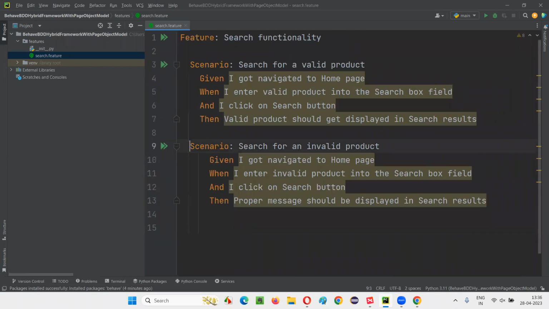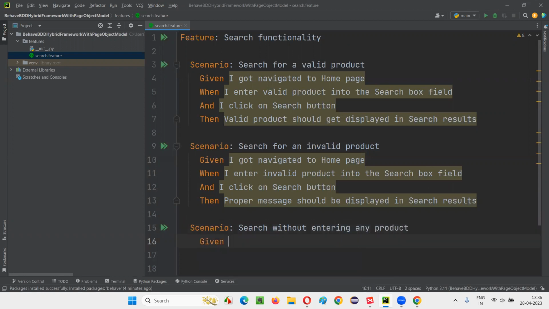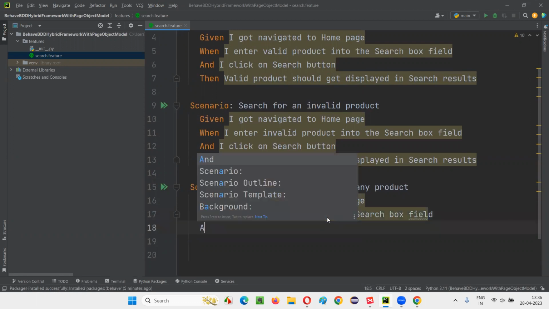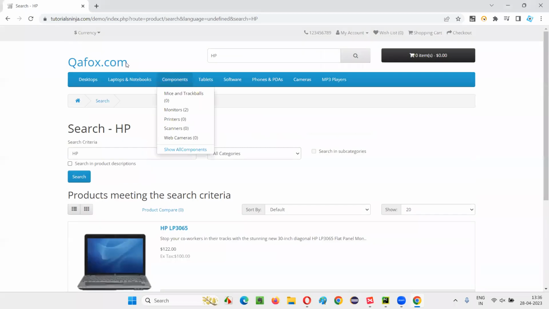Now another scenario I'm going to create, the third scenario. Here, actually, we have to move this. You see, it should be aligned. This line should be aligned here. So here also I'll just create some scenario. Here I'll write down search without entering any product. Okay, blank search. Here again the same thing. Given I got navigated to home page. When I don't enter anything into search box field and I click on search button,